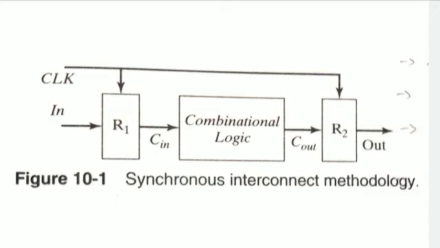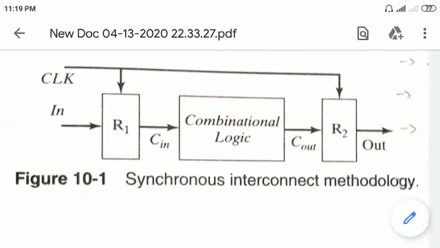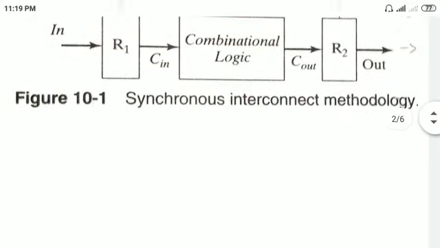a combination logic. Okay, so as you can see, the signal in is sampled with register R1 to produce signal C1, which is synchronous with the system clock, and then it is passed along the combination logic block. After a suitable settling period, the output Cout becomes valid. Its value is sampled by R2, which synchronizes the output with the clock. In a sense, the certainty period of signal Cout, the period during which data are valid, is synchronized with the system clock. Okay. Next, we'll go for mesosynchronous interconnect.